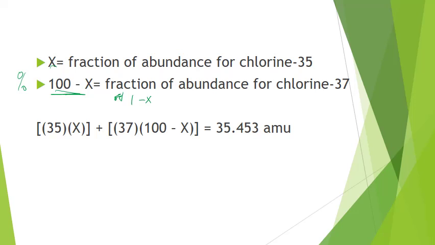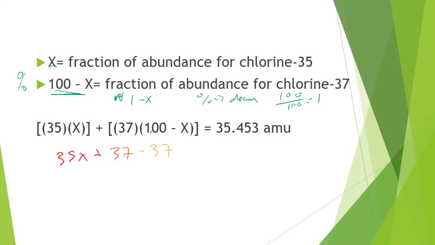So this is actually 1.0 minus x. Okay, I hope that makes sense, because remember, percent to a decimal, you divide by 100. 100 divided by 100 is equal to 1. So we get 35x plus, well, 37 times 1 is 37,